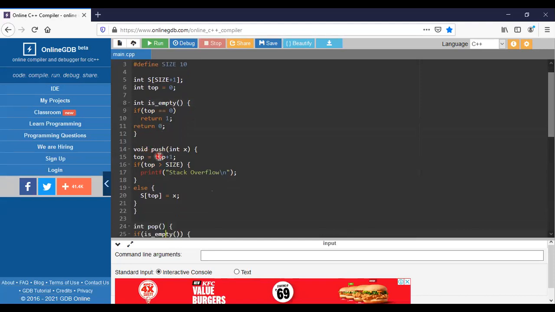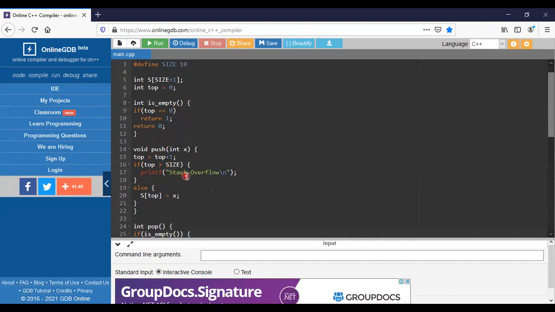So here, the top value is specified. I need to check whether top is greater than size or not. If it is greater than size, I need to mention the stack has an overflow. If it is not like that, it is considered in the normal way. So if you want to take